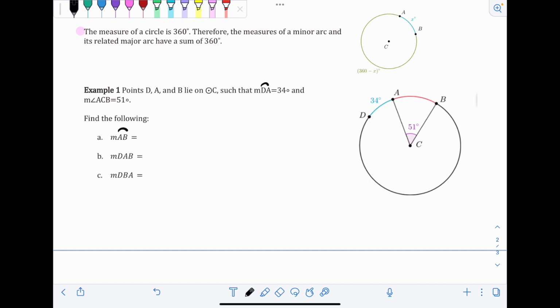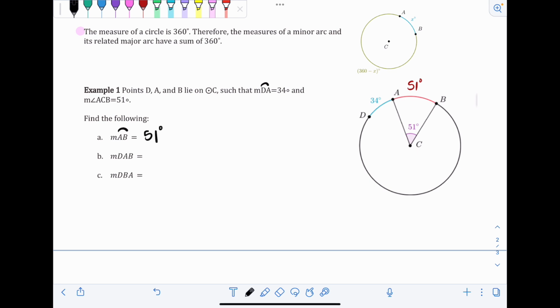So if we look at AB, it's right here. And early on in this section, we learned that the central angle and the arc measurement are going to be the same. So since the central angle is 51 degrees, that means that the arc measurement has to be 51 degrees as well. Those will always match up. So the measure of arc AB should be 51